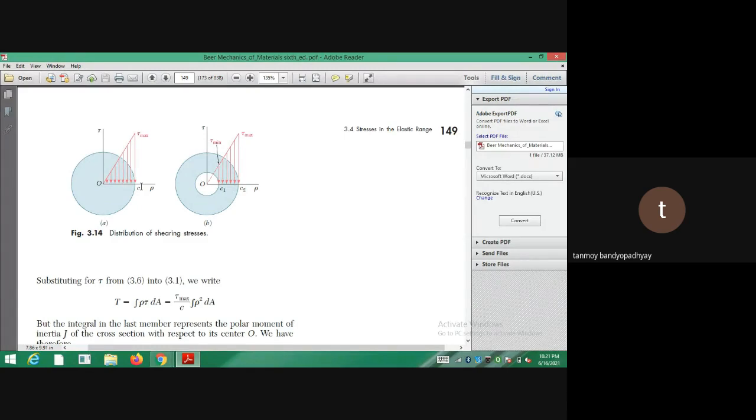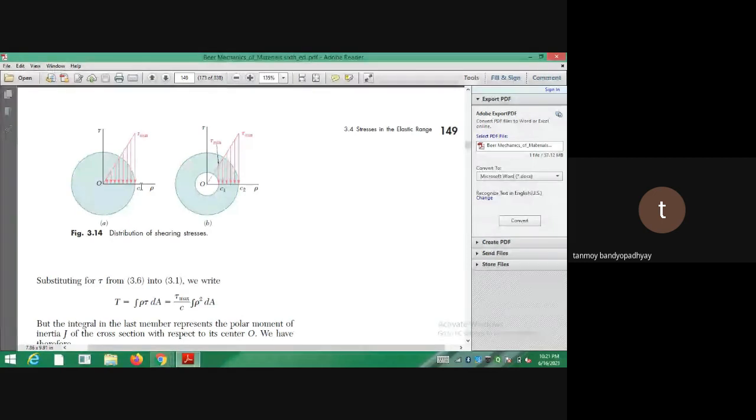So always you have to know two things in torsion: the shear stress tau is always proportional to the radius. When rho is equal to 0, tau is equal to 0, and on the outer fibers, where rho is maximum, tau is maximum. For a solid shaft, the outer fibers are the outer circumference. Any element lying on the outer circumference of the shaft always bears the highest shear stress, tau max. That is shown in figure E, the distribution of the shear stresses.